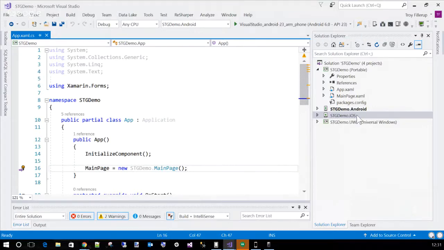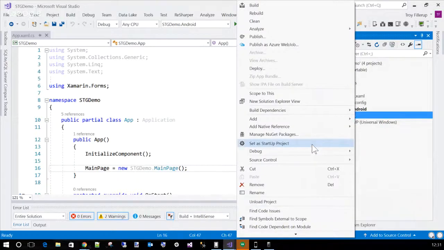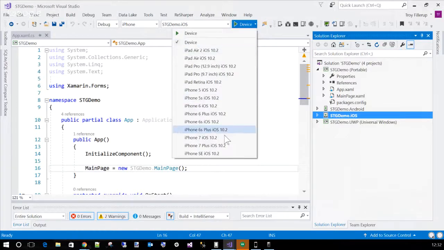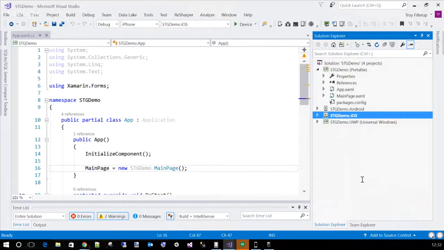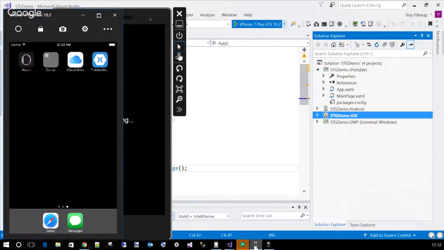If we set this to iOS and make this our startup project, then you'll notice that things change up on that toolbar. So now we have our iOS stuff here. We can pick iPhone 7 Plus, iOS, whatever. And then if we hit run on this, it's going to compile, and theoretically, it should come up here in